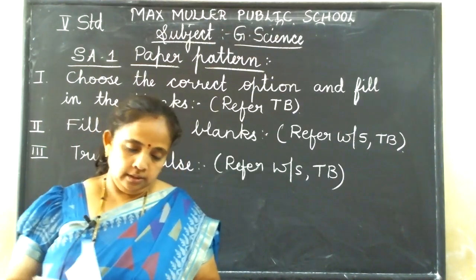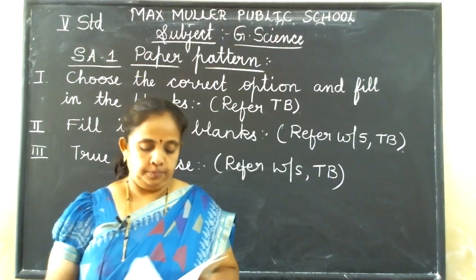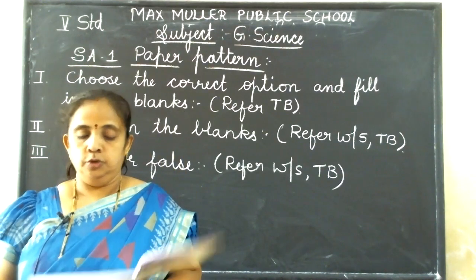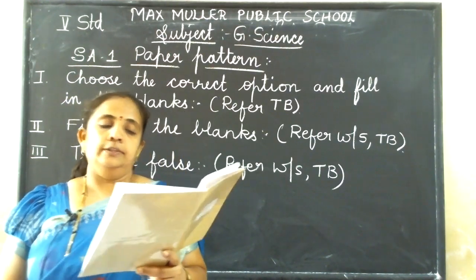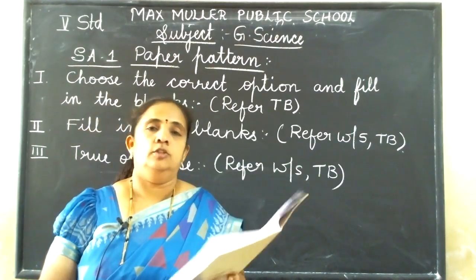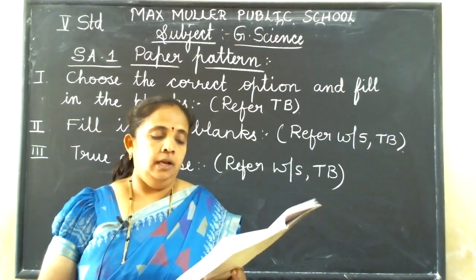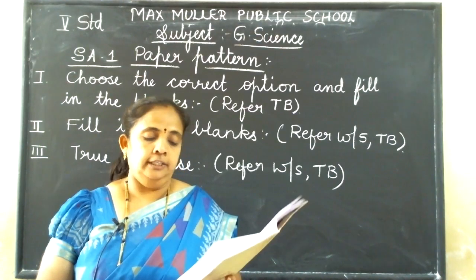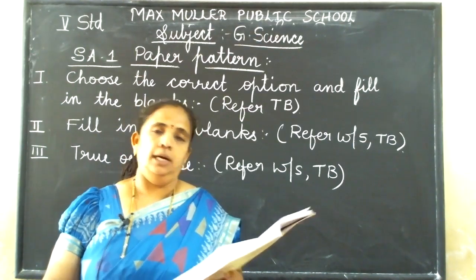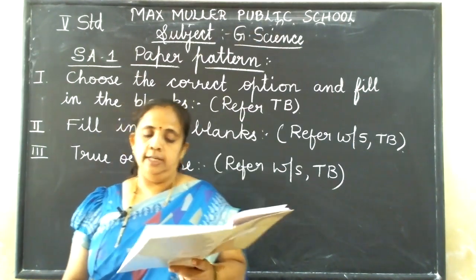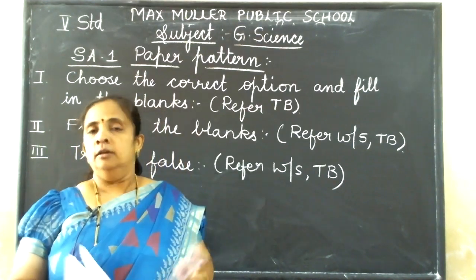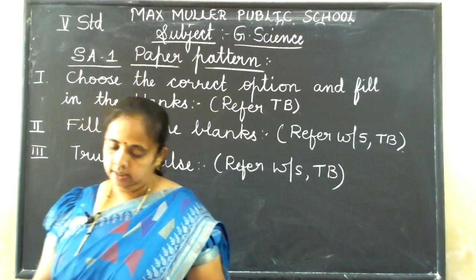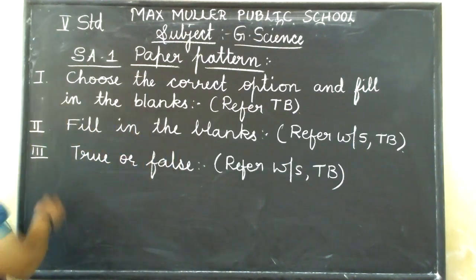Next, September's. Olfactory nerve is present in the nose. True. The motor nerves send messages from the sense organs to the brain. False. Light enters the eye through the pupil. True. Our ears help us to maintain balance. True. Medulla is the largest part of the brain. False. This much you have to revise. Next is fourth main.